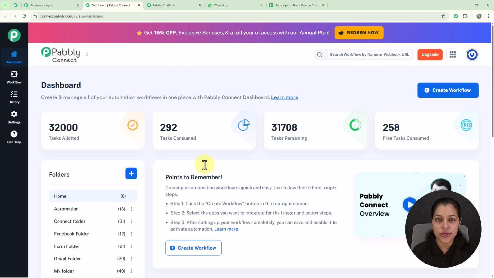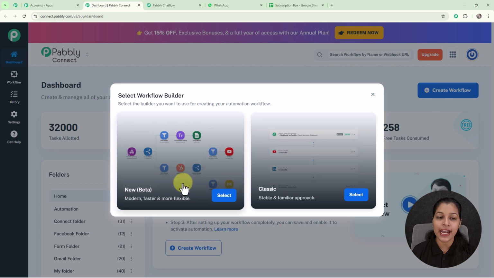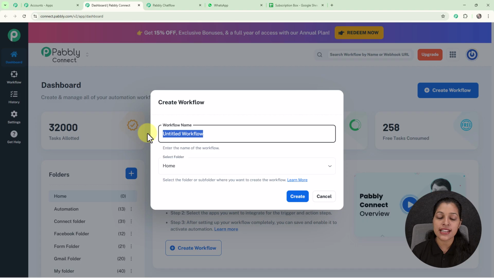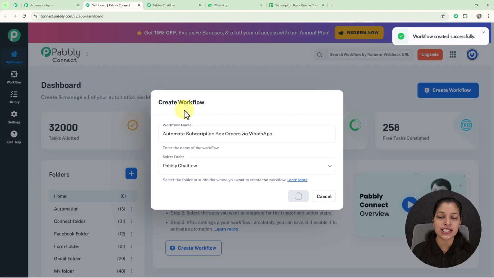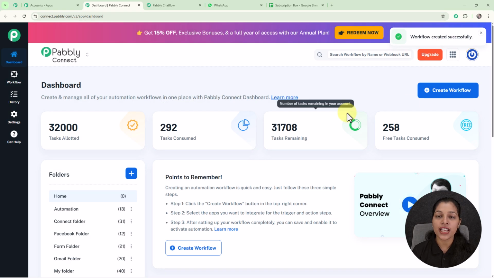And here I am going to create a workflow. So for that you simply have to click over this create workflow button, and here I am going to select this workflow builder, that is beta, and afterwards it is asking me to enter the workflow name. So now I am going to provide it the same name which I have provided to my Chatflow, and afterwards I am going to select my folder as Pabbly Chatflow. Now we simply have to click over this create button, and here you can see we are receiving this pop-up,